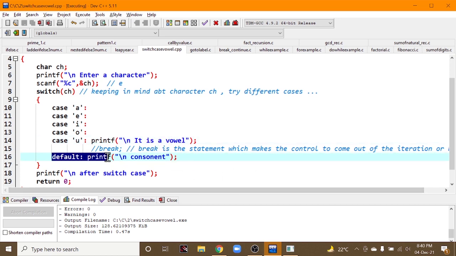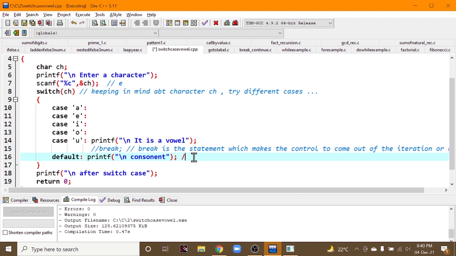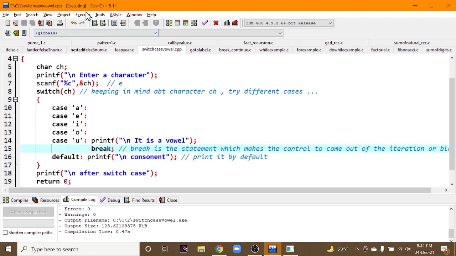The default statement, as the name itself indicates, prints by default. Whether cases are true or cases are false, default will be printed. So you need to stop that default from printing. So you can use this break statement to stop printing that default.